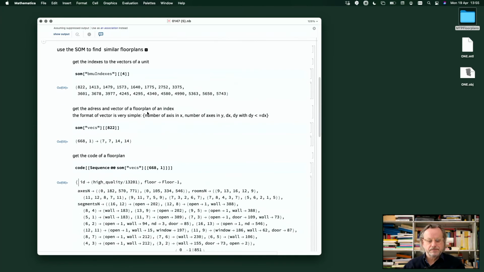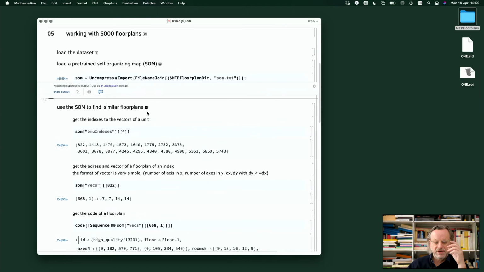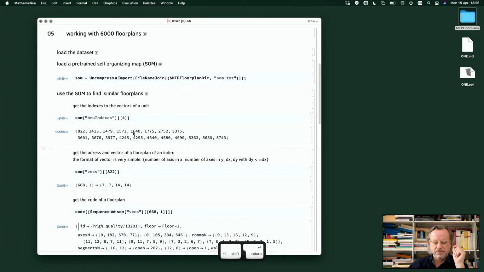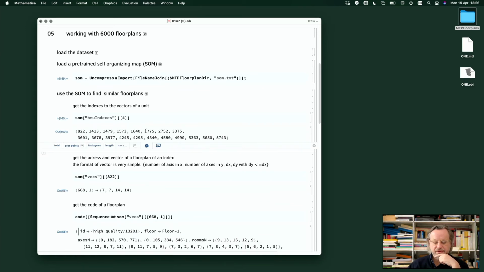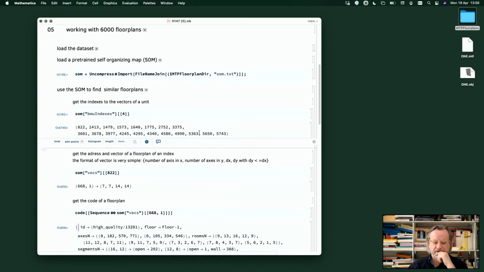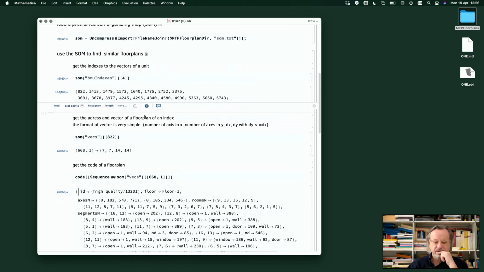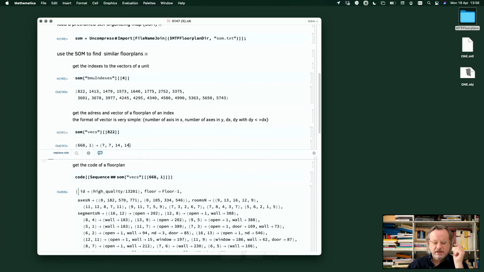So now, like we did with red, if we go to a certain unit in this self-organizing map, we get the numbers, the index to the vectors. We had 10,000 with the colors. We have about 6,000 with the floor plans. So these are the different floor plans and the indexes to the floor plans, and they are all the same. They're all like reddish or whatever it is. The vector we are choosing is this, so we can look it up. For example, 8 to 22, it's this, and then this says